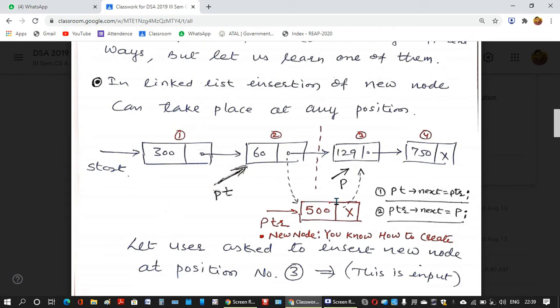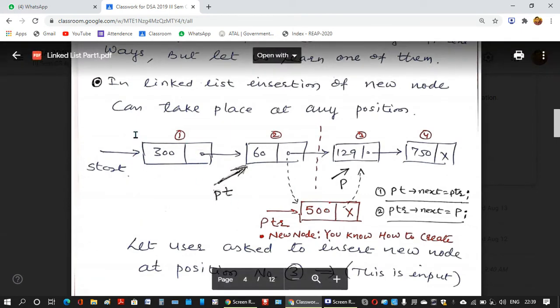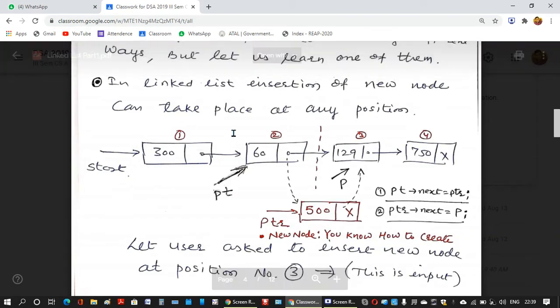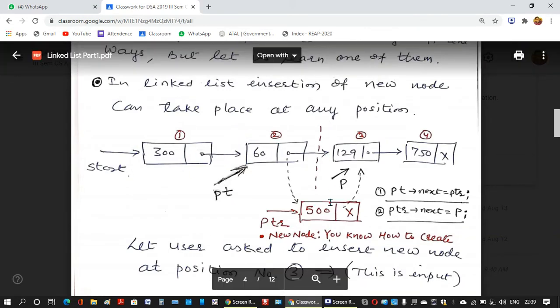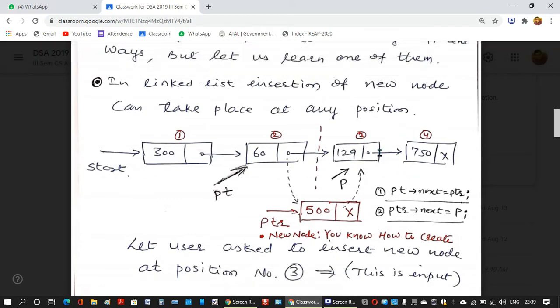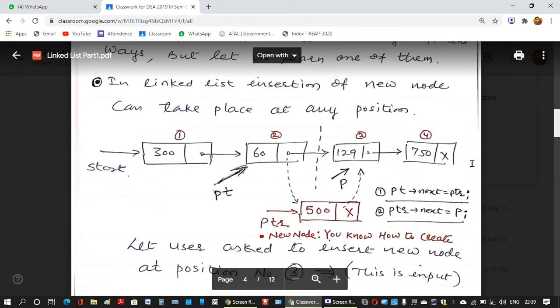After creation of the new node, we want to insert it into the linked list. I have already told you that in a linked list you can insert anywhere. Anywhere means what? You can insert here before this 300, between these two nodes, here between these two nodes, and here at the end.